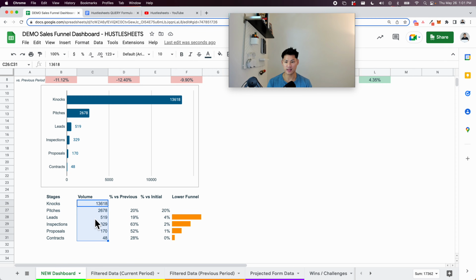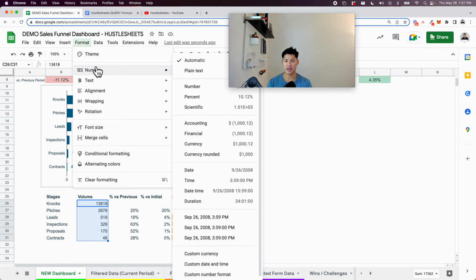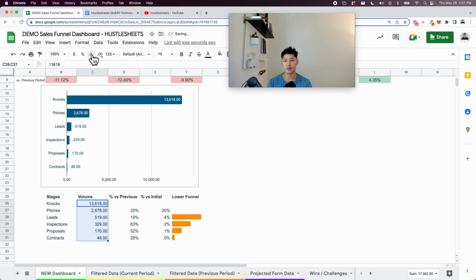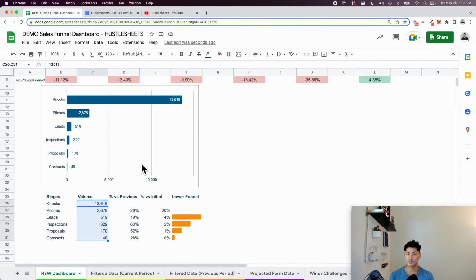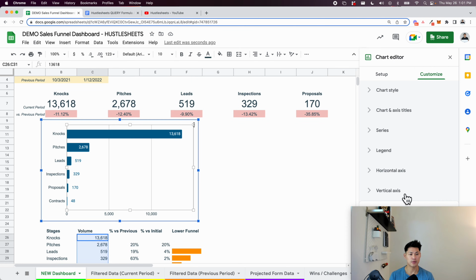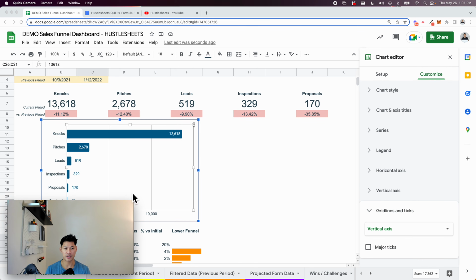So to do that, let's highlight this section here, go to format, number, let's make it a number, and then remove everything here. So now it shows commas. It's a little bit easier to read. Okay, and I'll probably do a series on charts soon so you guys can better understand charts,